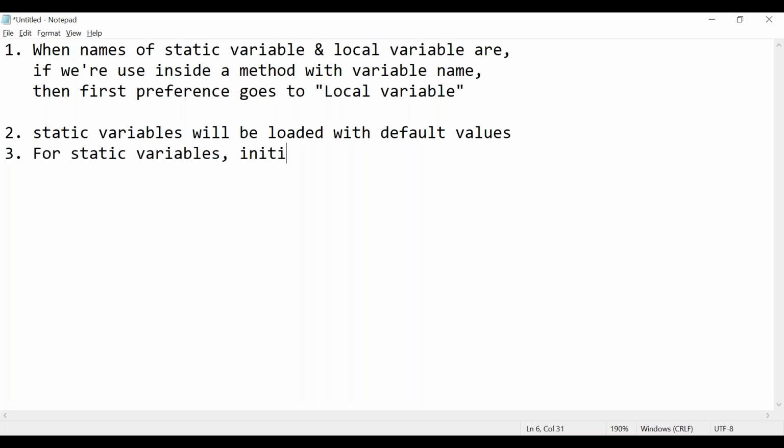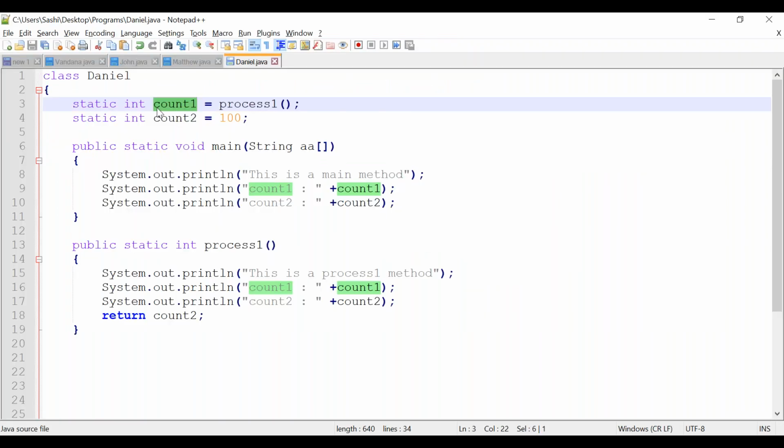If you know these two points, you can guess the output from top to bottom. Initialization is happening from top to bottom. So what happens here? First, static variables. How many variables?